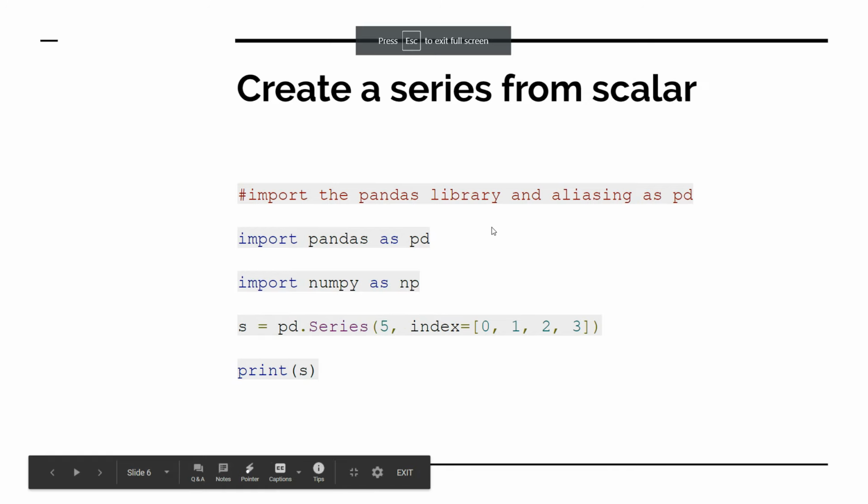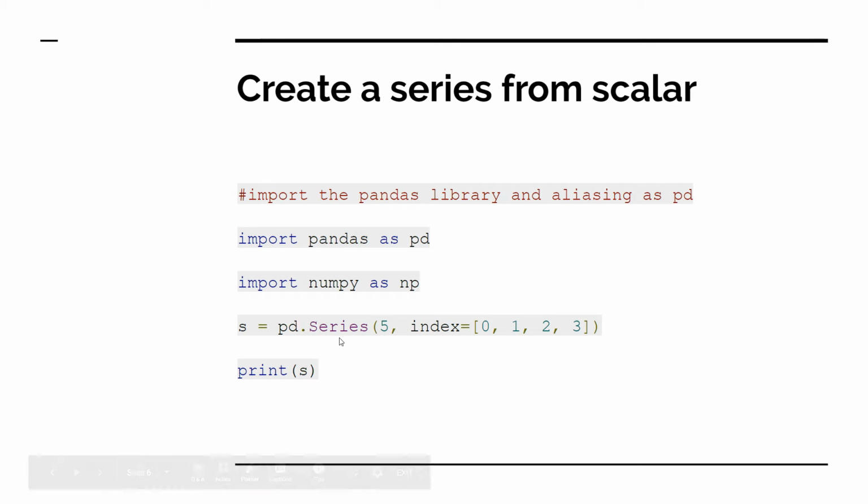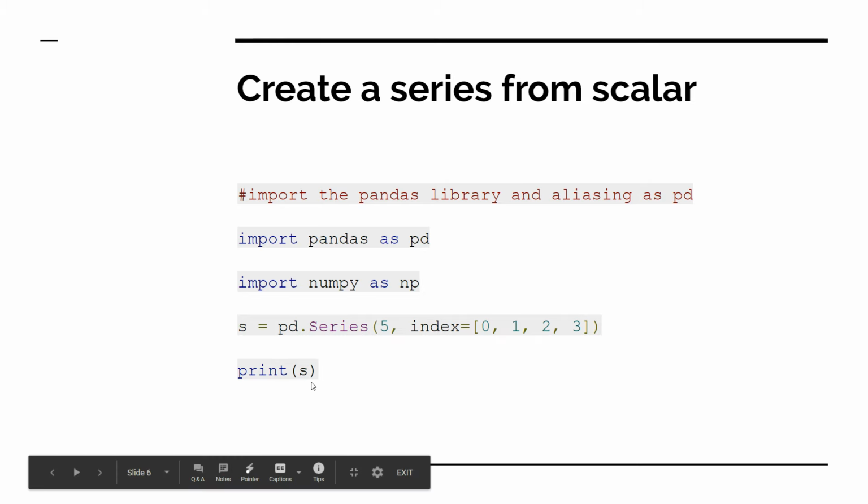Next we can create series using scalar. So here in a scalar, simply we pass the scalar value, and we have to use this index option in the series constructor, and we have to pass how many indexes we want to create. So 0 1 2 3 here I have given, and similarly I'm finally printing the series